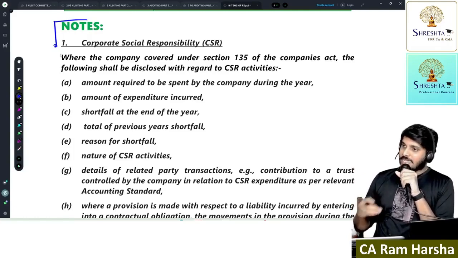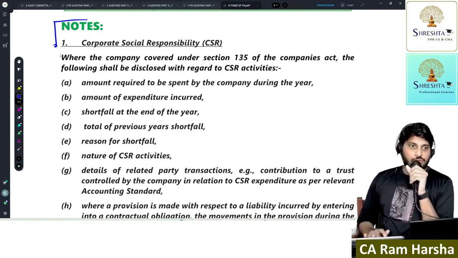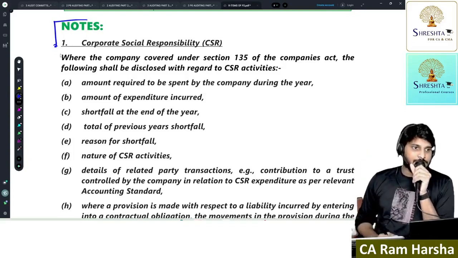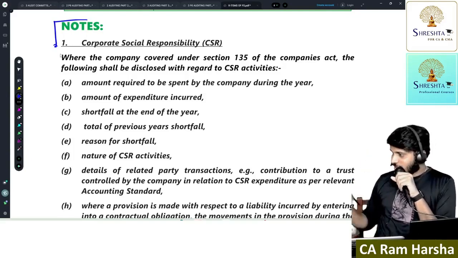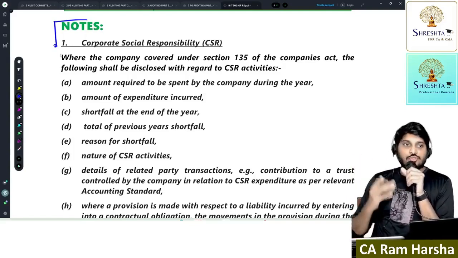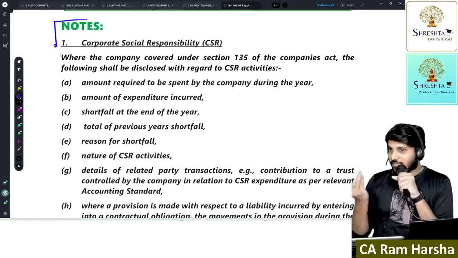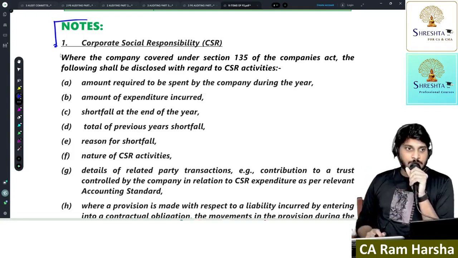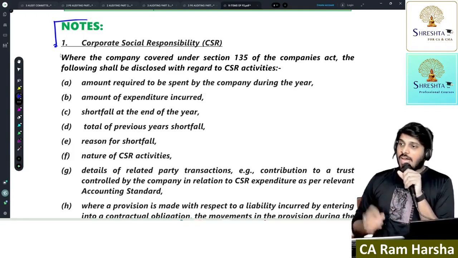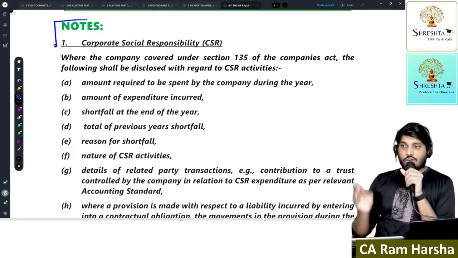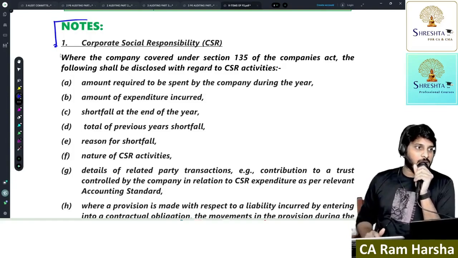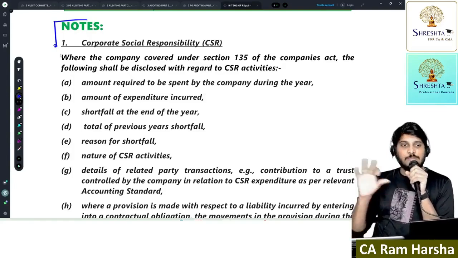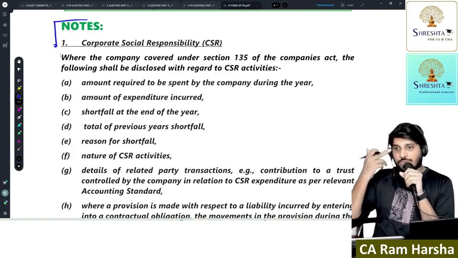Suppose, taking a real example, how to do the audit of an insurance policy taken by the company. Suppose the company purchased an insurance policy on stock. How to do the audit? None of the standards explains that point. How to verify debtors? How to verify sales? How to get sufficient appropriate evidence on taxes paid by the company? Nothing is explained in the standards. The standards only conceptually speak about what you have to do.